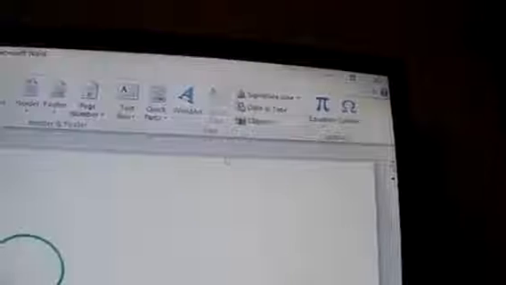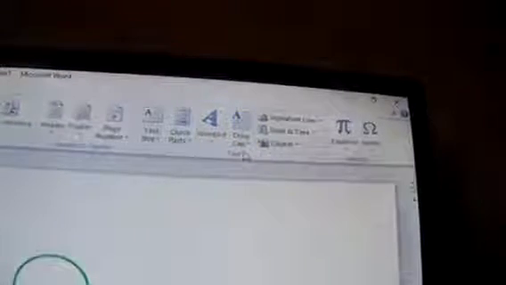Then the next thing that we have in this group is what we call drop cap. It's not active now because you have not typed anything. So type anything. Immediately you type something, it becomes active. So you are able to see now that they are active. If we delete this one, it becomes inactive. So type there, then it will be active. It has become active because I have typed something here.